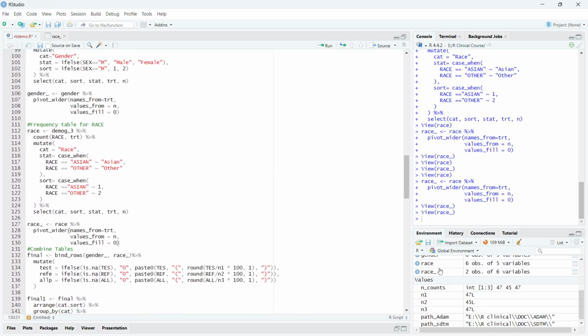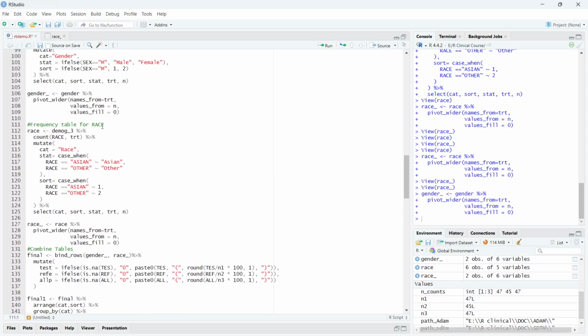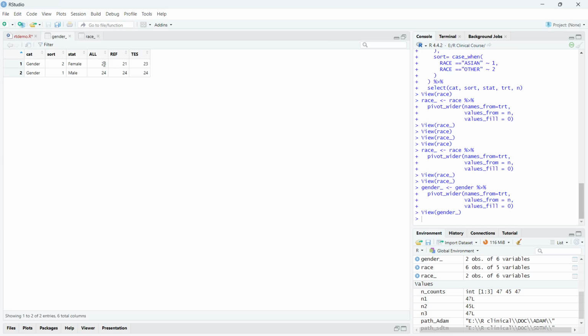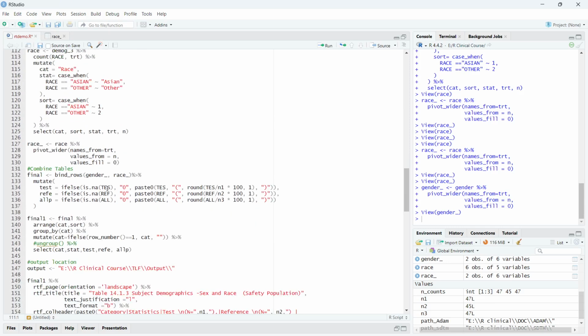I forgot to do this one here, the gender proc transpose. When I check the gender here, you can see the counts are coming for each individual treatment based on the population, based on the gender. Once I get that information, I set up these two data sets by using the bind rows function, gender and race. Then I created: if there is a missing value in the test, we give it as a 0, else we give it as the test